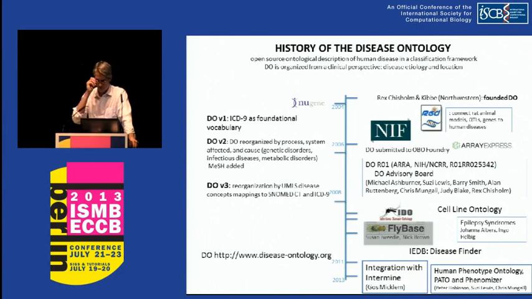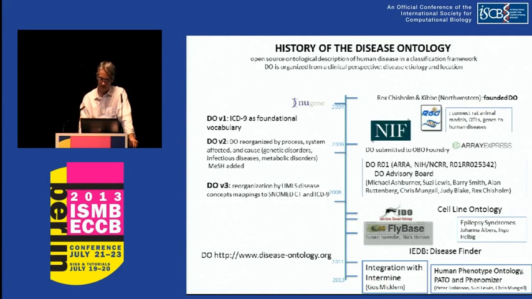We have many more than I can list, but certainly the Neuroscience Information Framework, RGD, which is the rat genome database, ArrayExpress, another one of the disease ontologies, so the infectious disease ontology, the cell line ontology. We've ended up with lots of groups that we've had great partnerships with to make disease ontology a better thing. And most recently working with